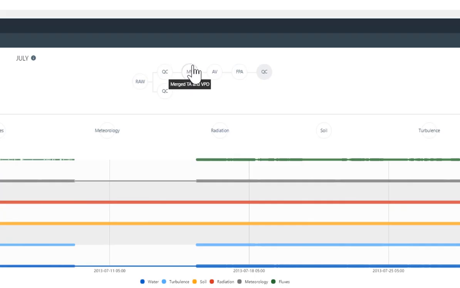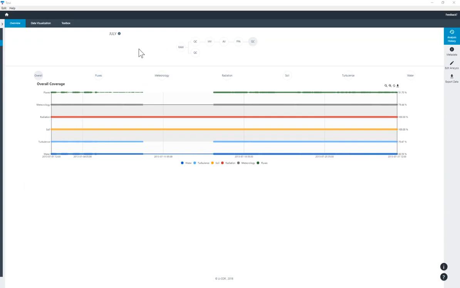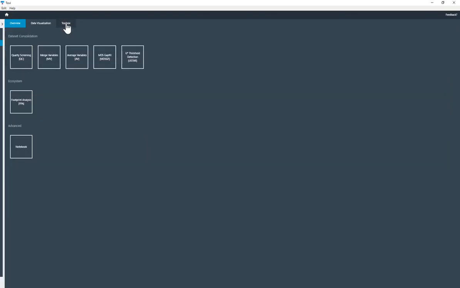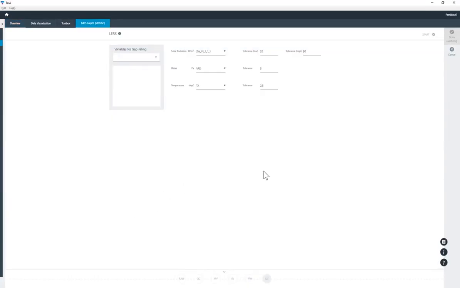So you can use this merge variable tool to make sure you have air temperature, VPD, and shortwave incoming radiation, say 100% coverage through the data set. When we're ready to do Flux gap filling, we can go into our toolbox and find the gap filling tool here. This gap filling tool uses marginal distribution sampling,